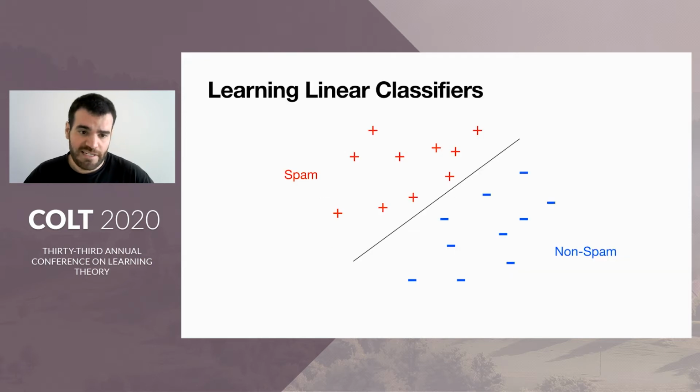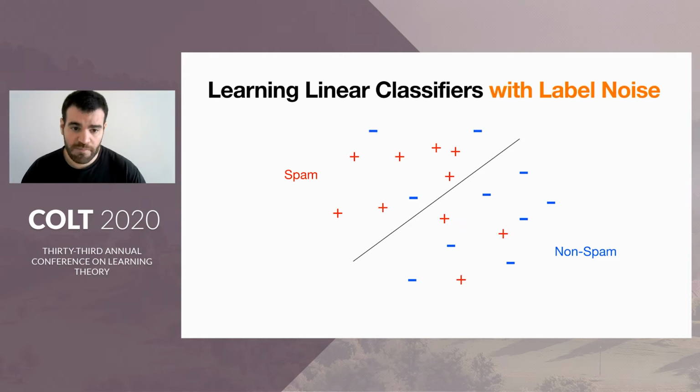So, learning linear classifiers is a well-known problem in machine learning. We're given labeled data, for example spam and non-spam emails, and we want to find a good linear classifier. The problem is that usually there is label noise in the data. This means that some non-spam emails are incorrectly labeled as spam and vice versa. We still want to find the best possible linear classifier for this dataset, even though it's not perfectly separable by